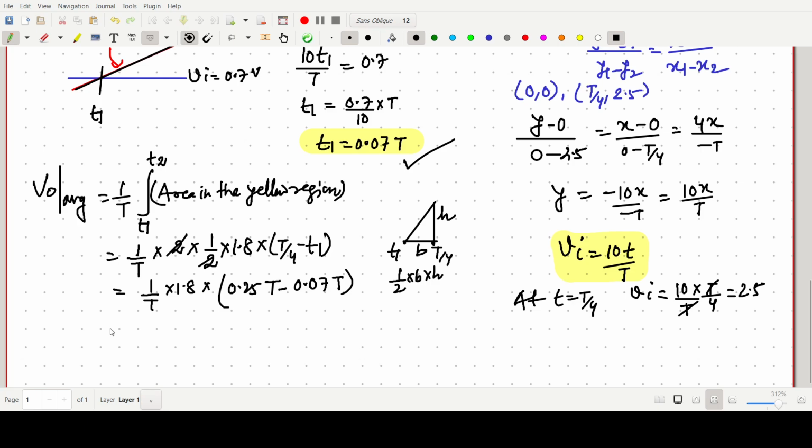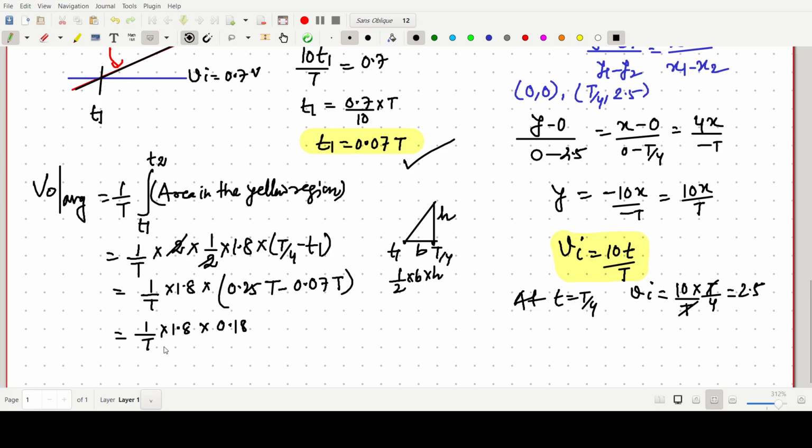Then 1 by T into 1.8, the height, into 0.25 T minus 0.07 T, so it will come nearly